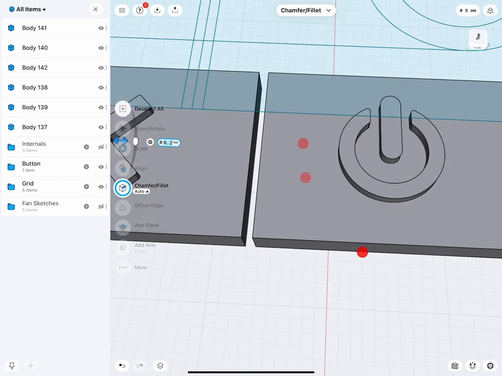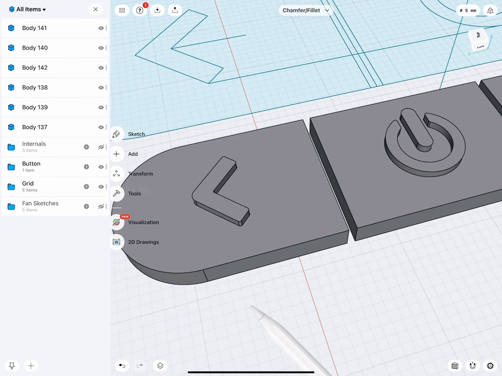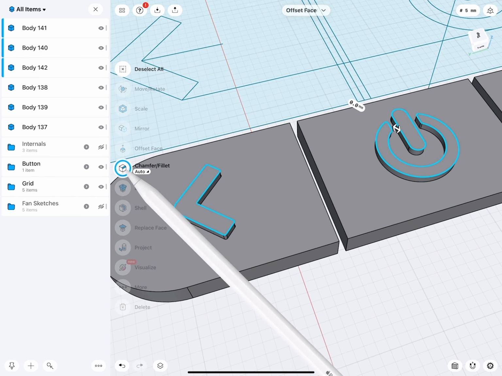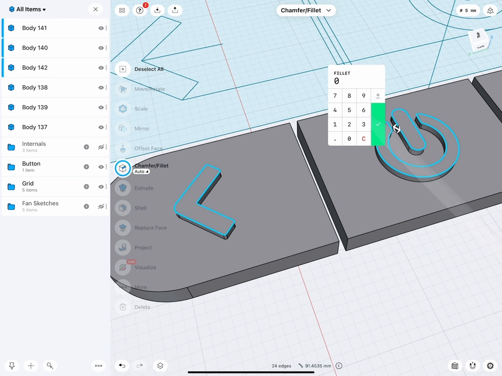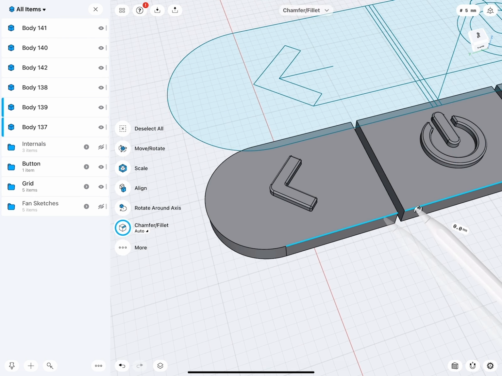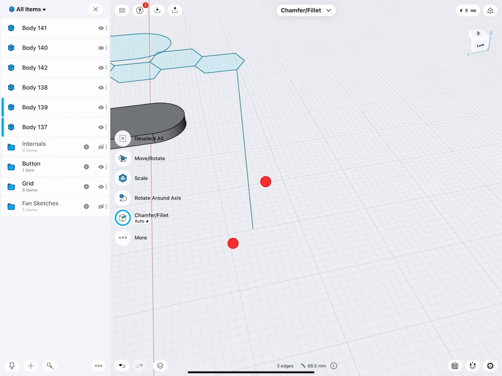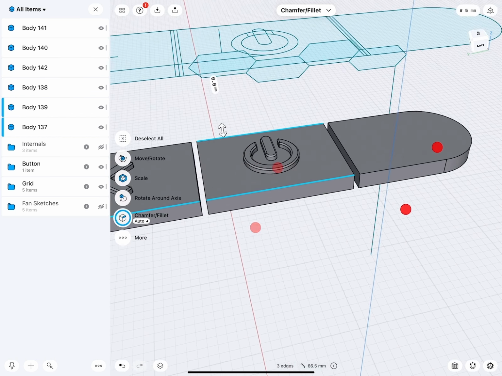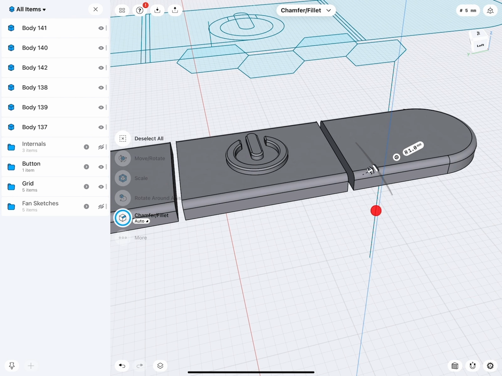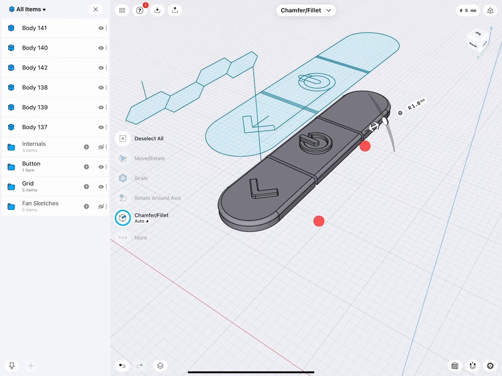There we are. Very good. We can select all the top faces, and then we go to chamfer or fillet 0.25. See, this way actually it created a really nice fillet. And we didn't really need to select all the edges. 1 millimeter. Okay, very good.